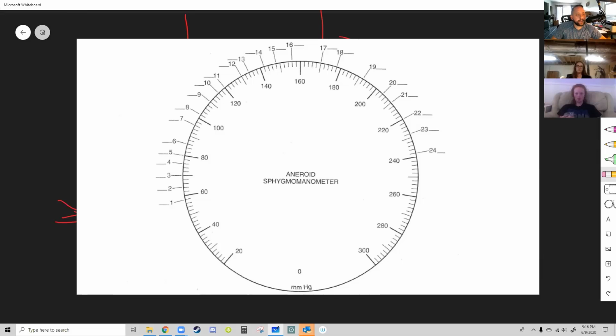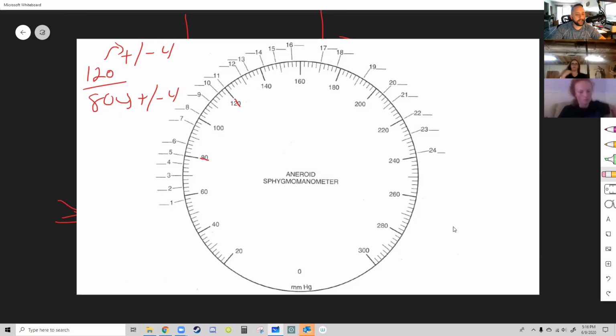So when you take your test, you've got an error range for the readings you can take. So I might set my little machine and I'm testing you on it. What is it doing here? At 120/80. And so I would expect you to get a reading somewhere in this range. You've got an error: you can go plus or minus 4 for this number, and you can go plus or minus 4 for this number. So if I'm looking for you to get a reading at 120/80, if you see these little hashes on here,